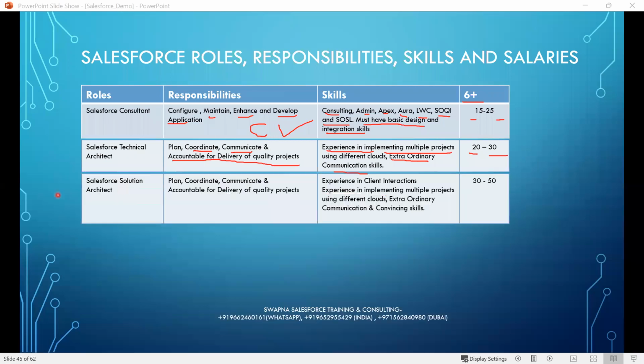And coming to Salesforce solution architect. Salesforce solution architect plans, coordinates, communicates, and is accountable for delivery of quality projects. And a Salesforce solution architect is involved in meetings with the client, business analyst, and technical architect to design functional and technical solutions